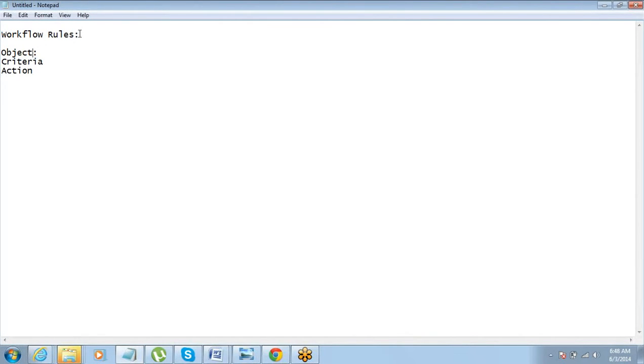So for which object you want to define the workflow rule, what will be the criteria, and what will be the action. So that is what we define here. That's our workflow rule.